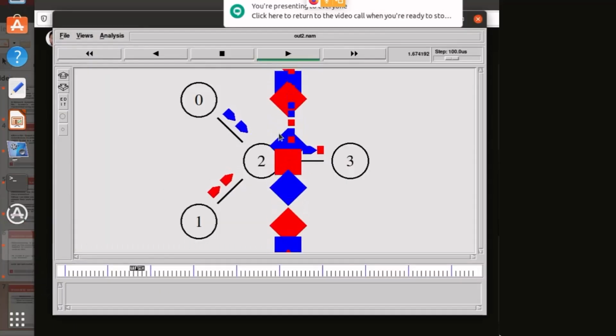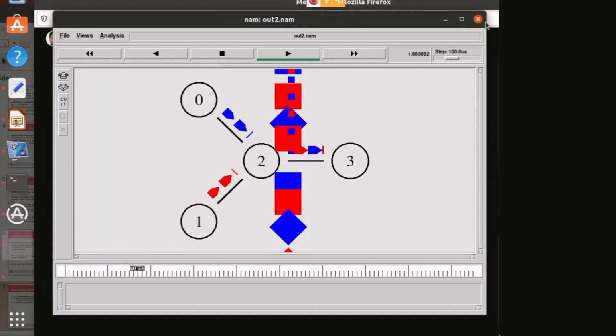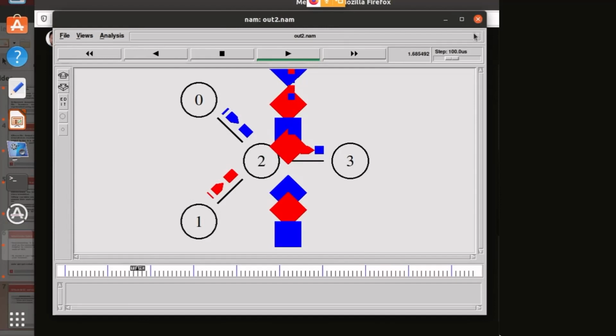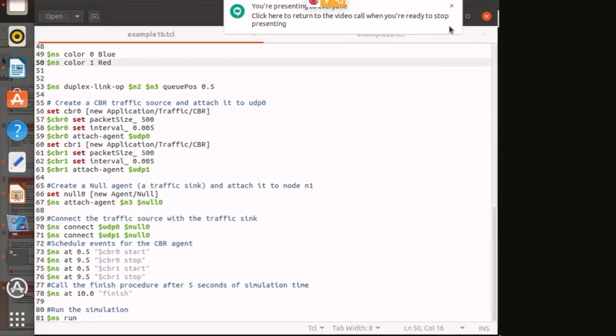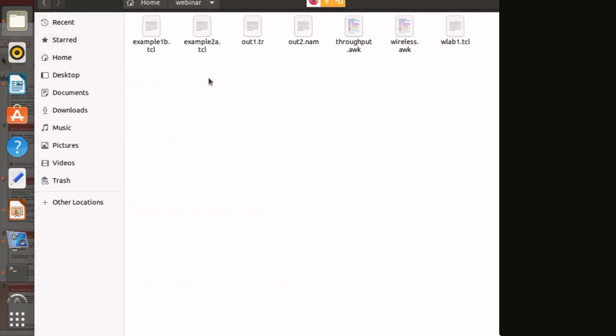Now let us move towards the more important part, that is the trace file. Everybody, in whichever folder you have stored your TCL file, example 1b.tcl, if you look in that folder, one file named